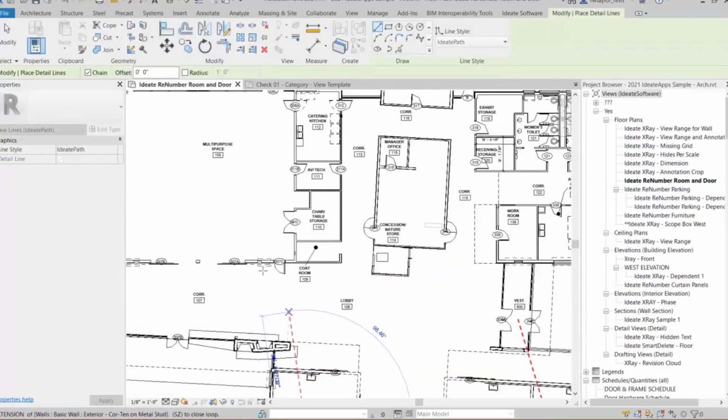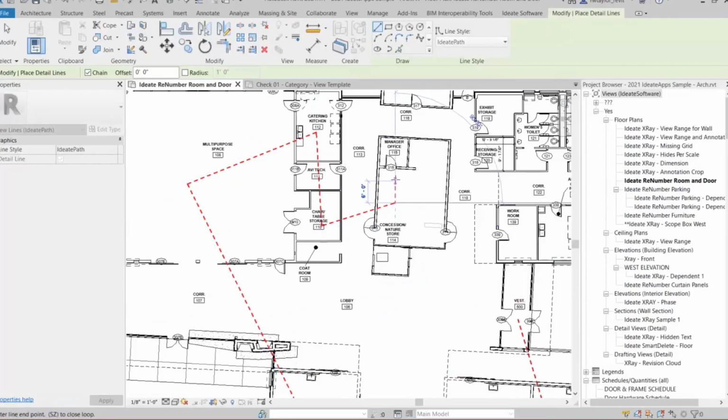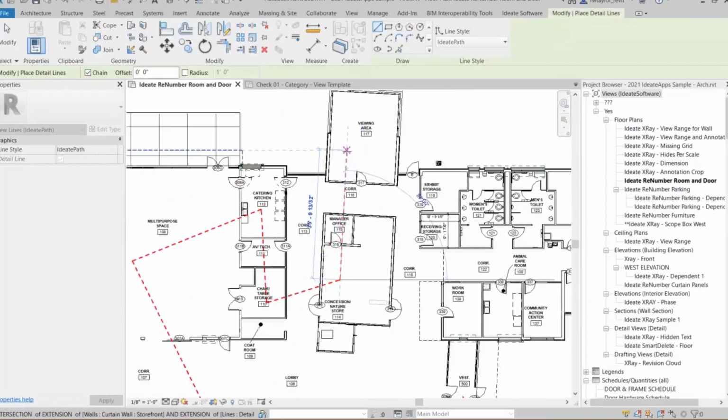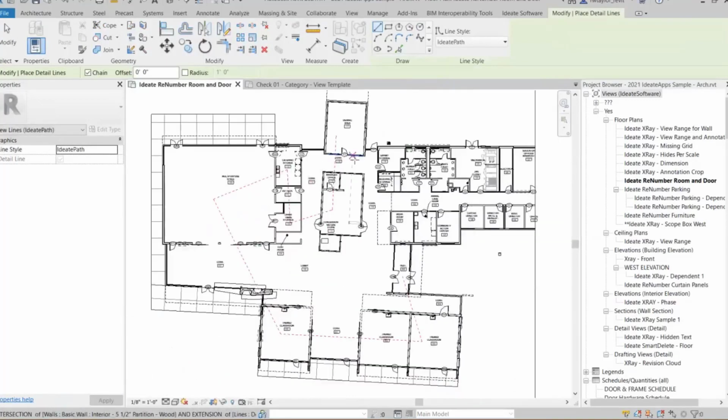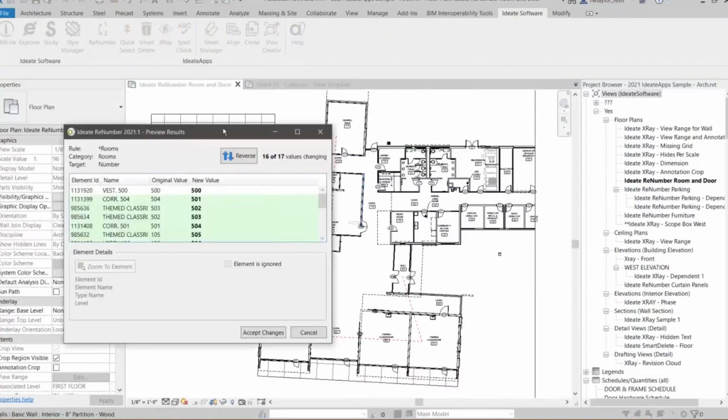And this is a 2D detail line, so it's nothing special about it per se. And you can hide that in the view later on, or it's on a particular category. In fact, we've called it by default Ideate path. You could turn that off afterwards if you didn't want to display it. So now that I've drawn that particular line, I could hit the escape,